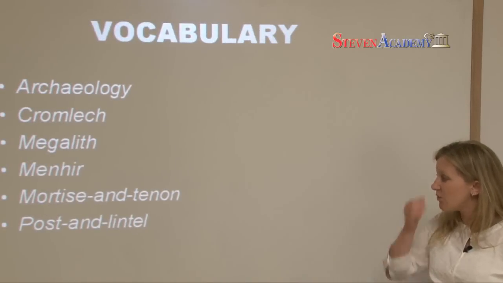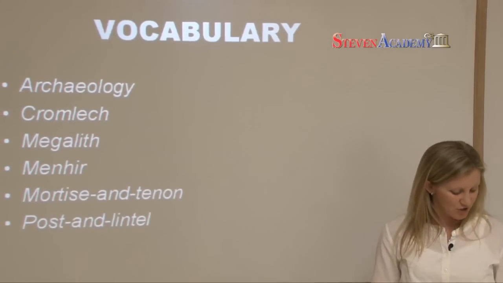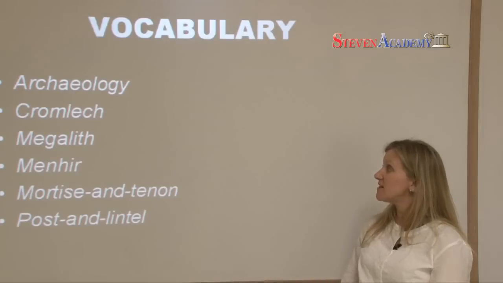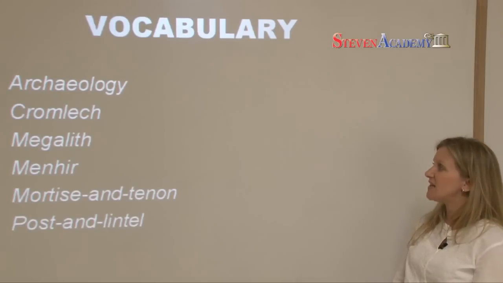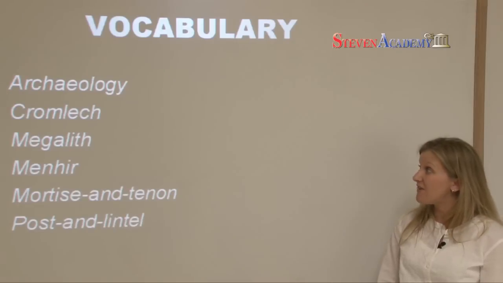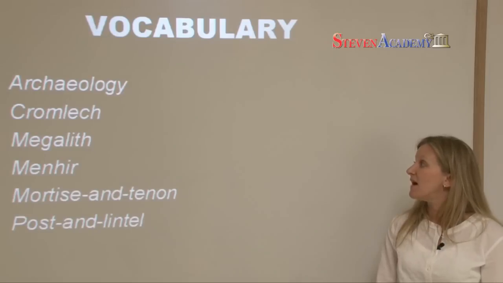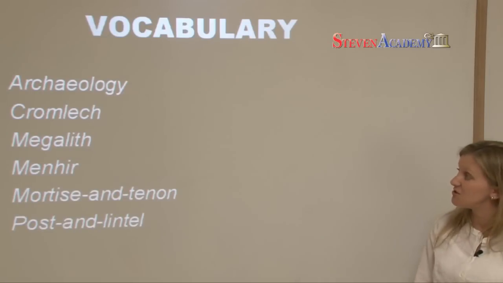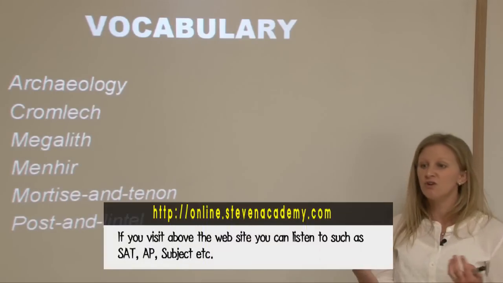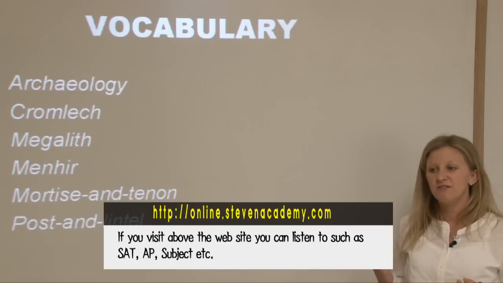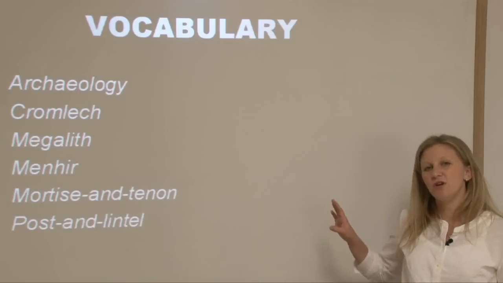Here's the vocabulary that we're going to be working with today. You can find this in your Barron's in the back of Chapter 1. Quickly, we'll go over it. Archaeology, as you probably already know, is basically the study of ancient people, ancient artifacts, anything that has to do with objects found in history. A cromlech, this is specifically going to apply to architecture, prehistoric architecture. It is a circle of megaliths, and a megalith is a very large stone, a big stone structure. So if you know of stone